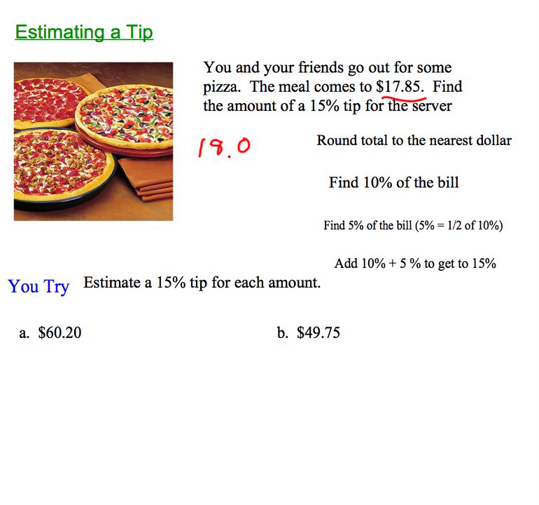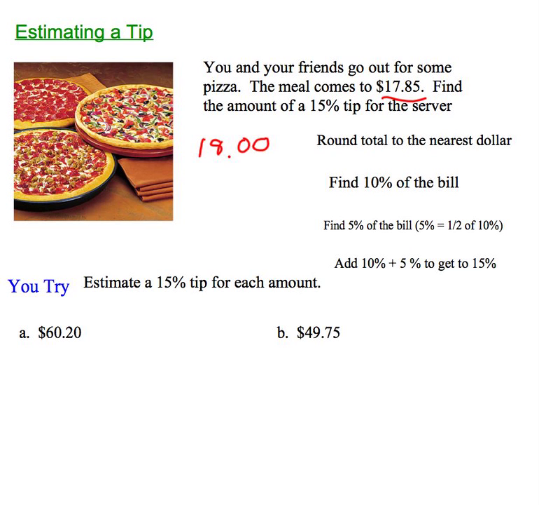So if you are sitting at the restaurant, either with your buddies or whomever, you've got your bill, it's $17.85. Don't break out your cell phone. Don't break out your calculator. Round it to the nearest dollar. So think in your head, all right, $18. Now,